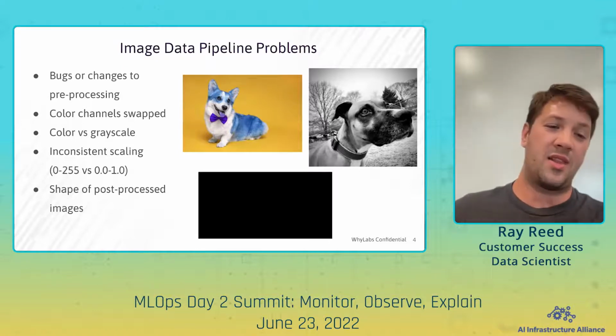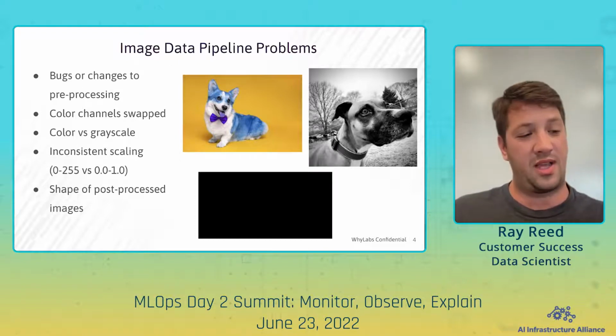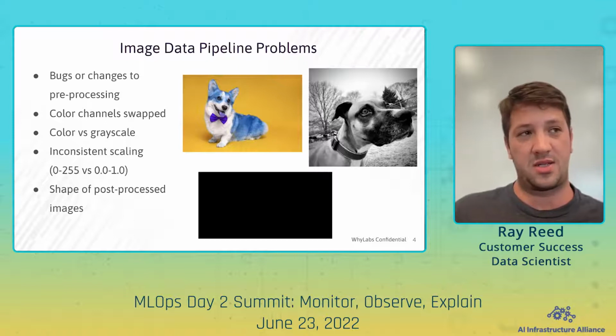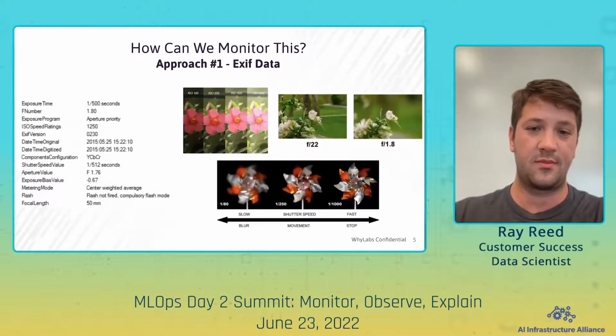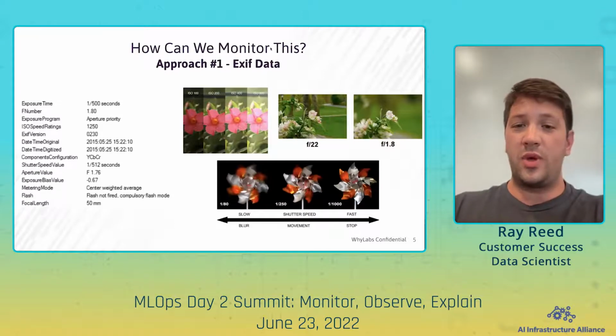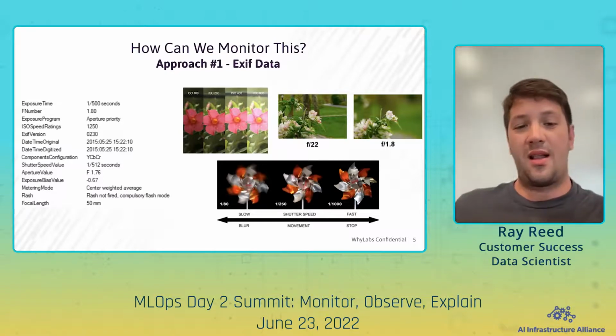Okay, so a lot of these things are not only important to get a handle on before our images even go through our pre-processing, but after our pre-processing as well. So how can we monitor this? There are a few approaches. As was mentioned